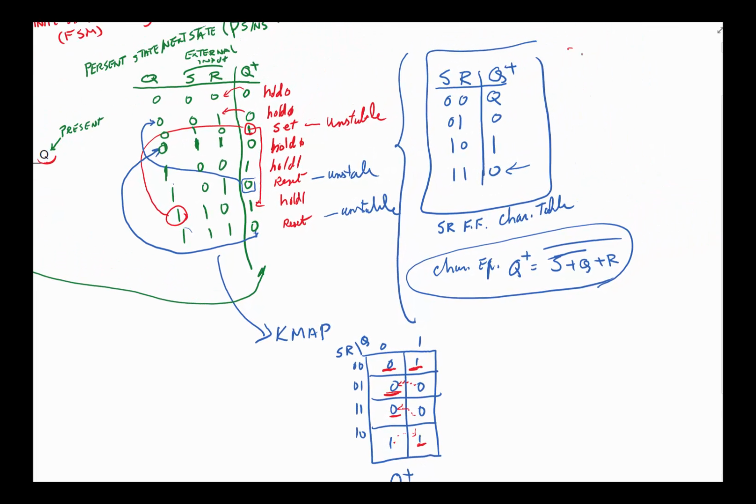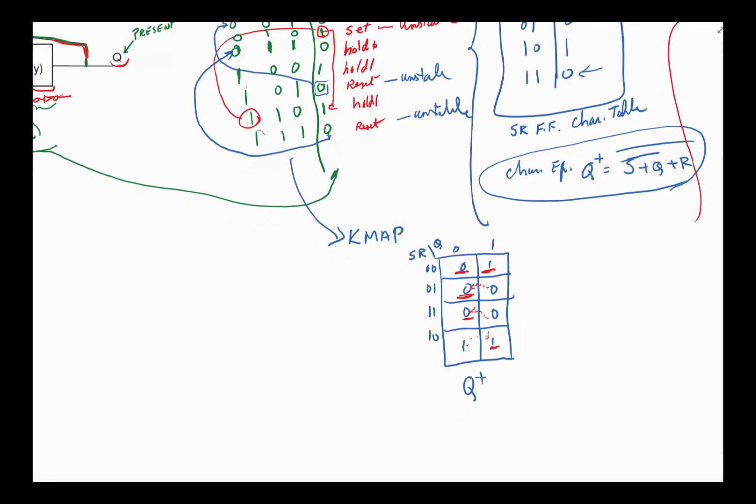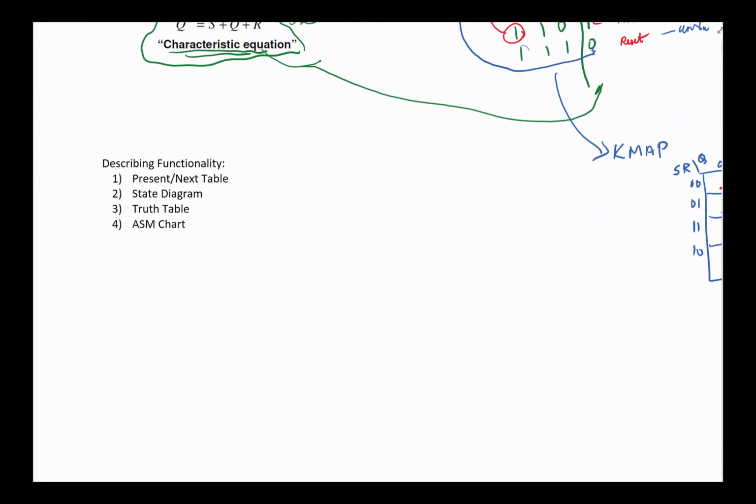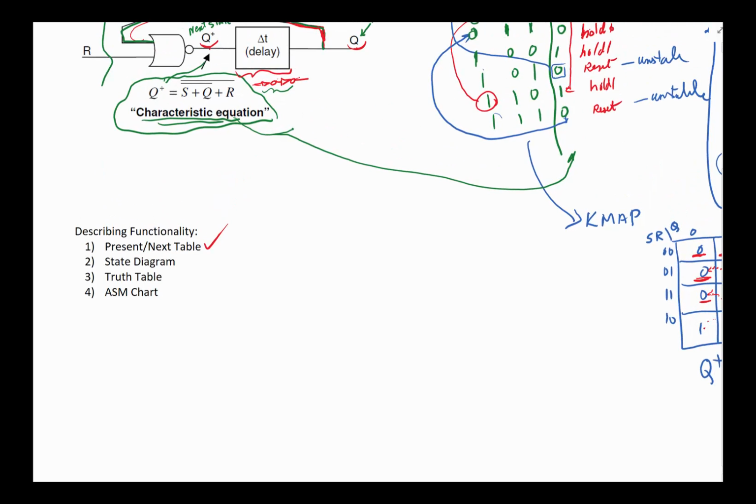So this definitely is the one called characteristic table for the SR flip-flop. Those are what drive everything. But we have many different ways of showing this thing. So these are a couple of ways to show it. Another one. So we've already talked about present state, next state. Another way to show the functionality of this is called a state diagram. So state diagram